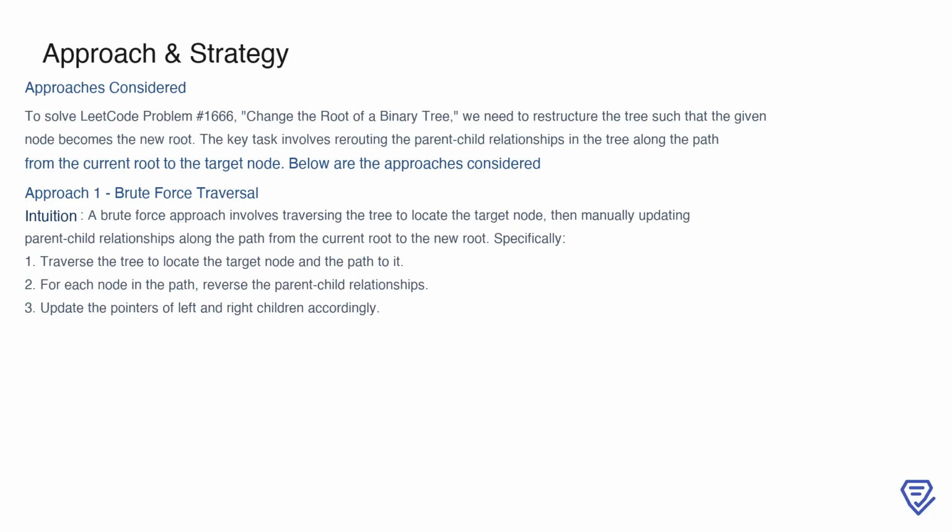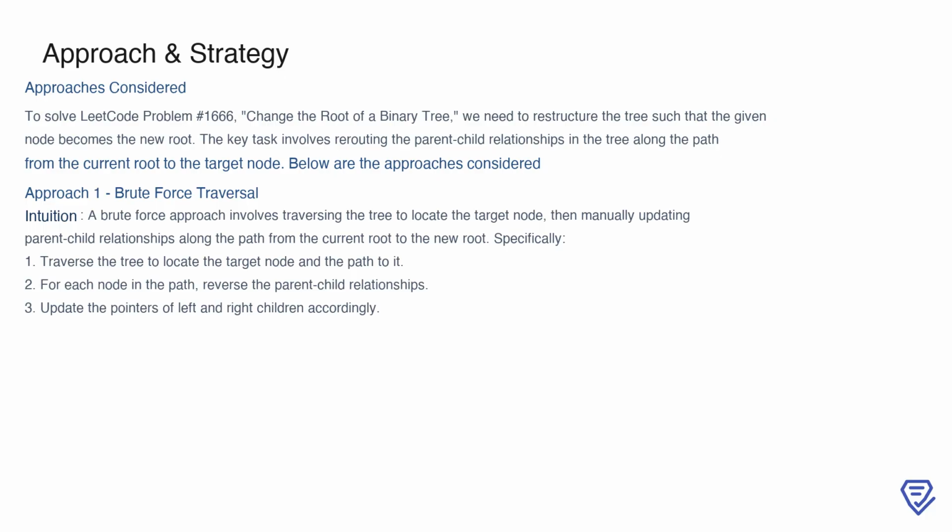One approach we can consider is the brute force traversal method. The intuition behind this approach is straightforward. We traverse the tree to locate the target node and determine the path leading to it. Once we have this path, we systematically reverse the parent-child relationships for each node along the way. For example, if a node was originally a child of its parent, it would now become the parent, and vice versa. This involves explicitly updating the pointers for the left and right children of each node to ensure the new tree structure is correctly formed. While simple in concept, this approach involves several manual steps that need to be carefully managed to achieve the desired